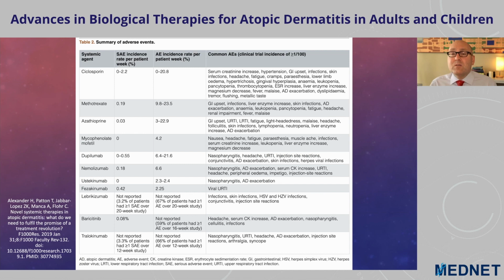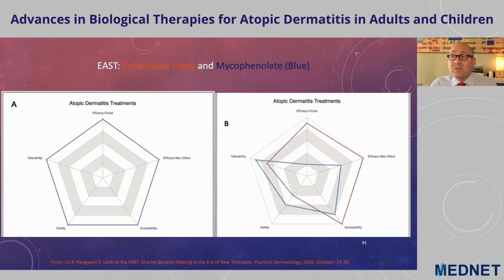And the shared decision-making with our patients is about to get really tricky because they're going to come in and say, well, which one should we do? Or how do we think about these? And the answer is, I don't know yet. But one of the things I started to do with my patients is a shared decision-making approach. And I like to use these little radar plots. I bust these radar plots out and I say, there are kind of 5 different points that we can think about. Obviously, there are many ways to skin this cat, but I think 5 that I like to keep in